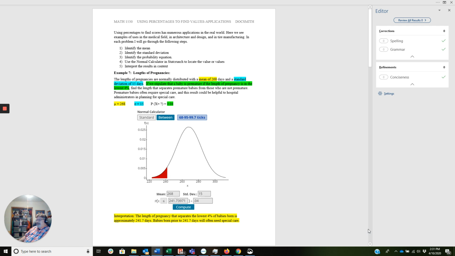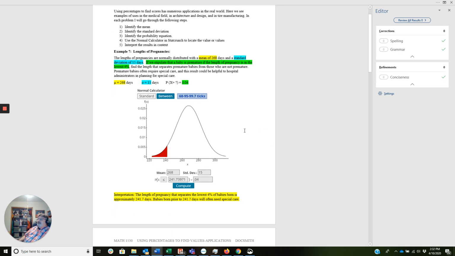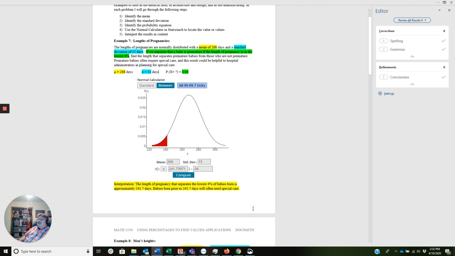So I've used the highlighting function in Word, and you notice I found the mean right here of 268, and really I should put days there. And same for here, the standard deviation, in days here. And here we find our probability equation that x equals question mark, with a probability of 0.04. So I'm going to go ahead and go to StatCrunch